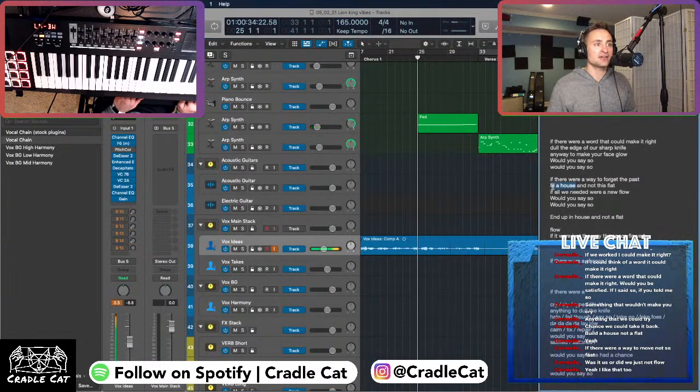To get a house and not this flat. Moving, maybe like moving, let's see, house. If there were, it's not flowing quite, it's not easy to sing there. If there were a way to forget the past, move into a house out of this flat. Oh, there we go. Move into a house out of this flat. Out of this flat. Maybe like,